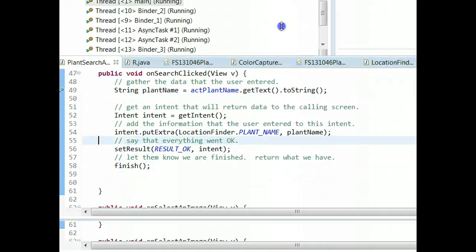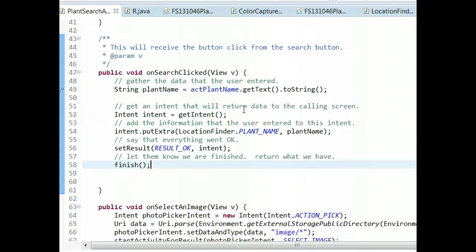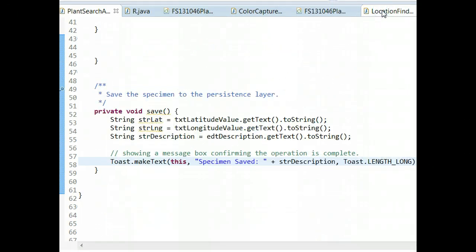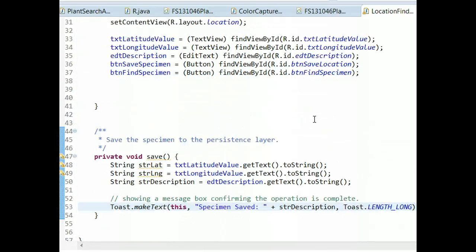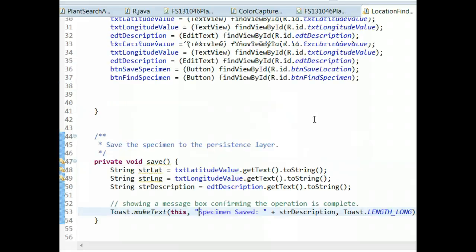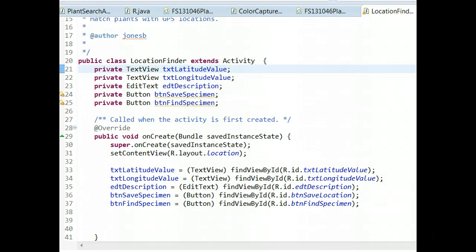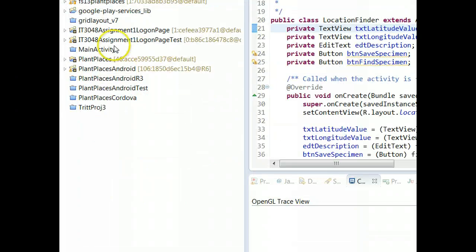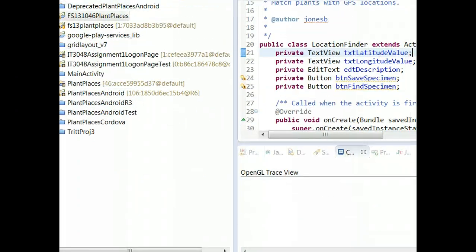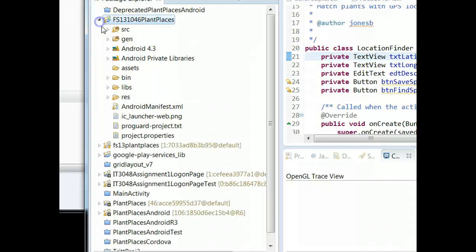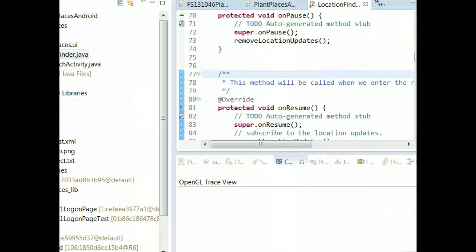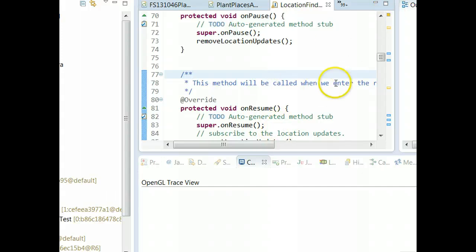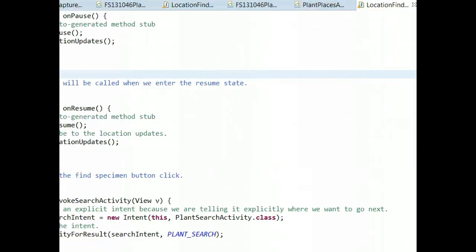So far what we've done is we've just been passing strings. I'm going to switch views here to make it a little bit easier. If I go to our application that we have now, FS131046 Plant Places, and hit Source, if we look at Location Finder, and let me press Control M so that we can see all of this,